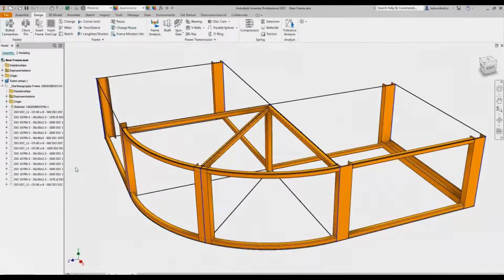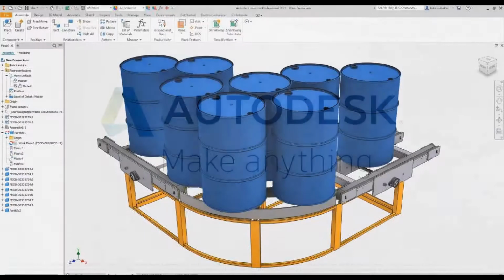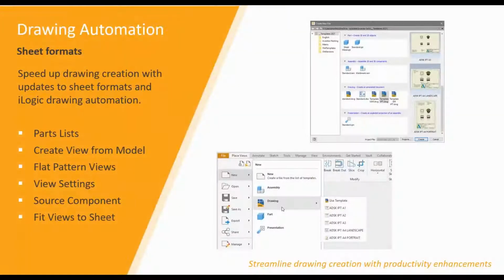So I suppose the frame generator environment has been massively improved from last year. It has been made quicker and much more user friendly to ease your workflow when you're working with the frame generator environment. The next thing we're going to be looking at is the